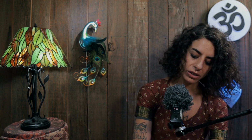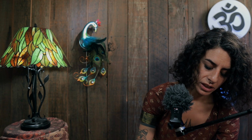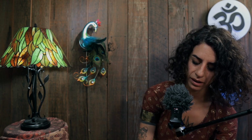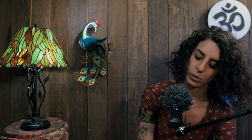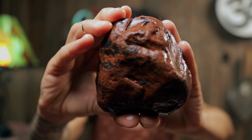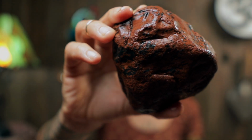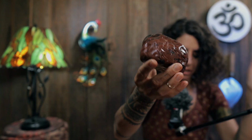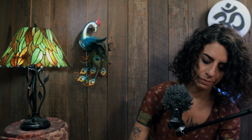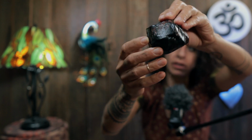We often associate dark stones, crystals, with the root chakra, as well as the color red. So taking your awareness now to the base of the spine, as this is where the Muladhara Chakra lives. We'll tap into the mahogany element of the dark obsidian to have some association with red. And the obsidian stone itself being quite dark and black with the mahogany stripes in this variation,